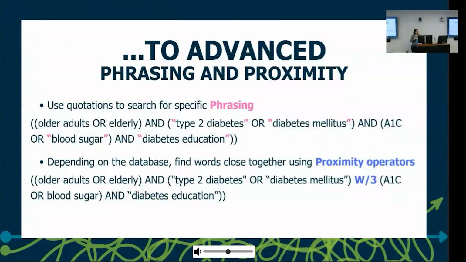Depending on the database, find words close together by using proximity operators. And I will say this varies widely across different databases. I think this one is from Embase. So when you see the W/3, it's looking for the next concept within 3 words of the other concepts. Next, we have